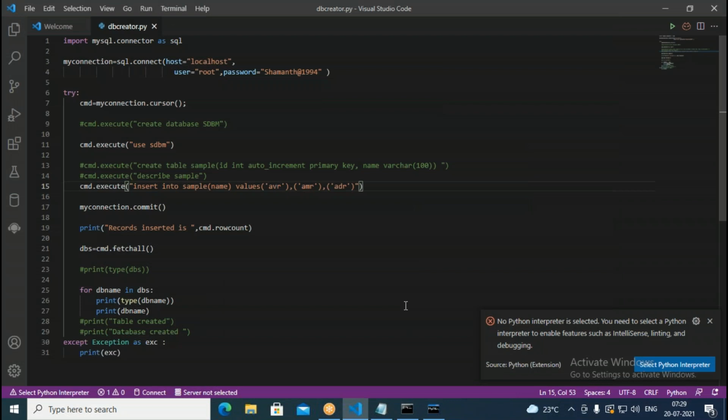So this is what basic SQL commands we can run from here. You can insert, you can delete. Once again, what I do, I try to delete all the data from the table. I'm going to write delete from sample. Records, instead of saying inserted, I put here affected, and it can show how much. So how many should it show now? 5 it has to show us. Now try to execute this piece of code once again.